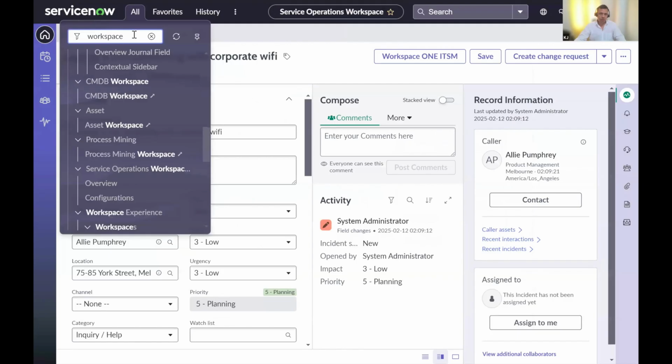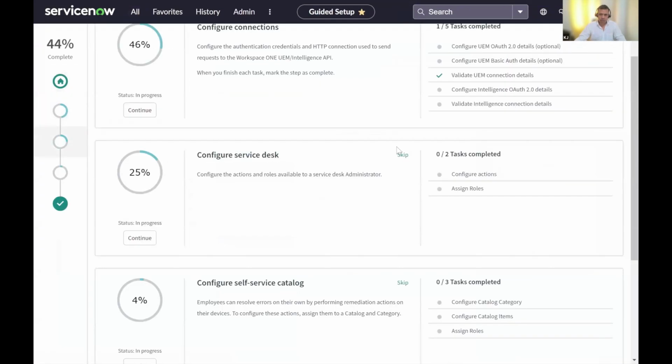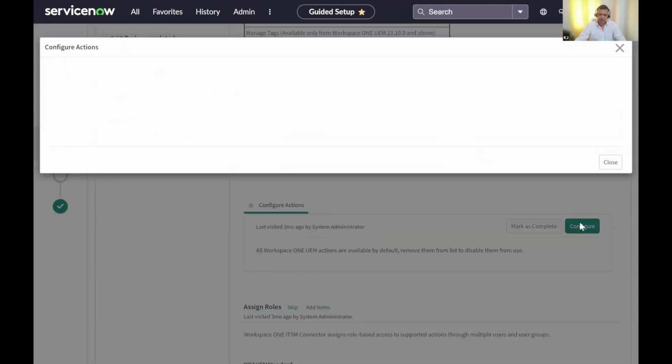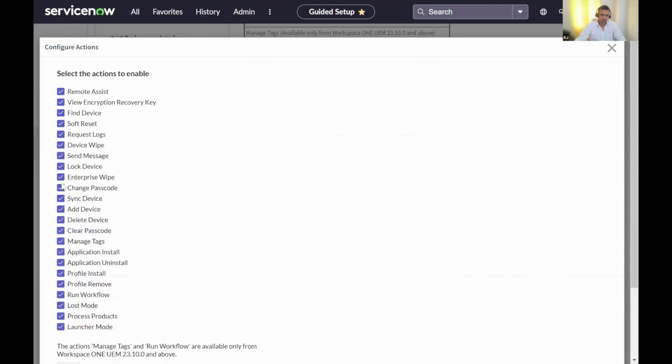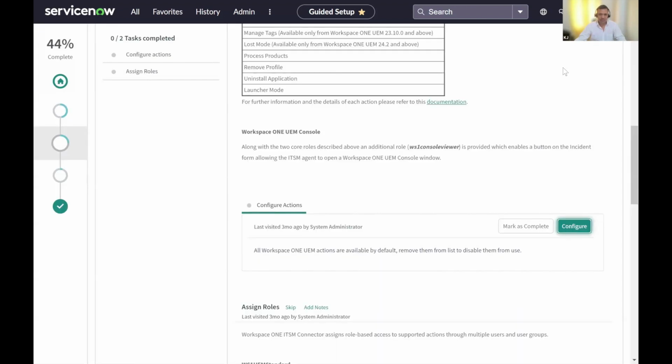And for that, we go to Setup. And here we go to the next configuration, which is to configure actions. So I can configure it in two ways. Either I remove the action entirely. So let's say I don't want my service desk to do enterprise wipe, delete device, or even a device wipe. Okay, so I'm just going to remove these three options from here,